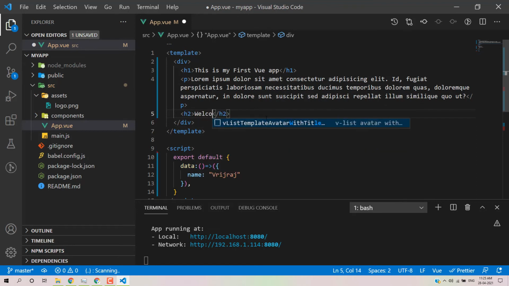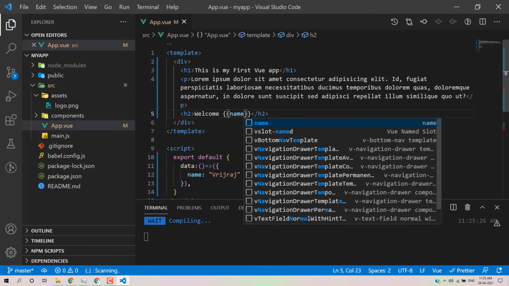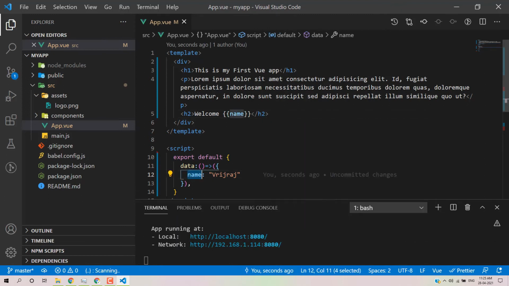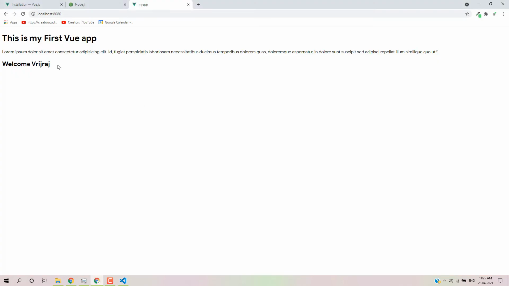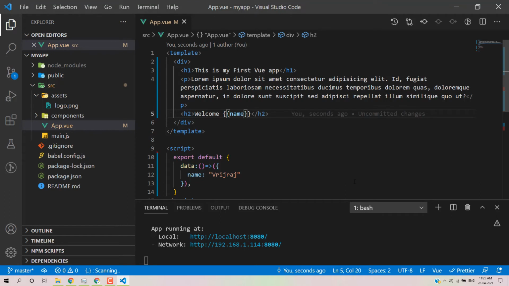So here we have a variable as a name. I will save and then reload, so it's working. If you're working in JavaScript, it is very difficult for us because we need to create a variable in JavaScript, then provide an ID of the DOM, and then write document.getElementById().innerHTML, and pass the value of that particular variable. Similarly, we can create another value.